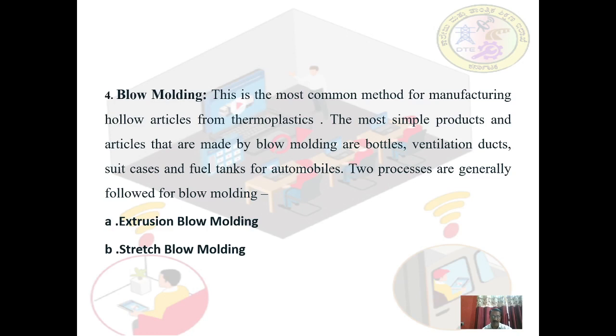Blow molding is the most common method for manufacture of hollow ware. The extrusion blow molding is used to extrude tubes or parison, elongated to reach the required length. The parison is then enclosed by the mold, which is then cut by a blade. It is then conveyed to the blowing station.